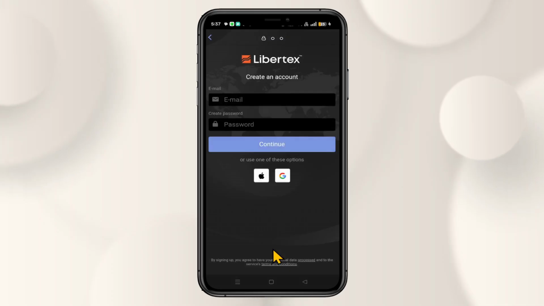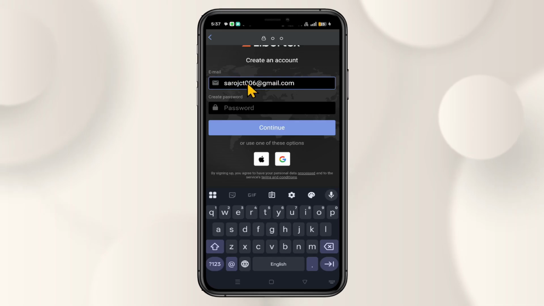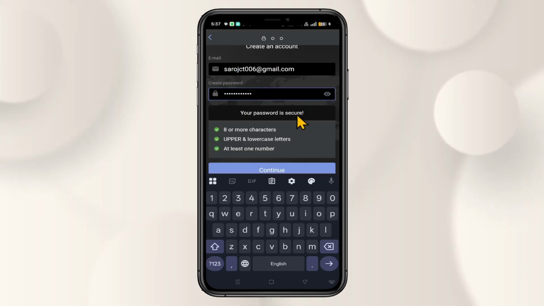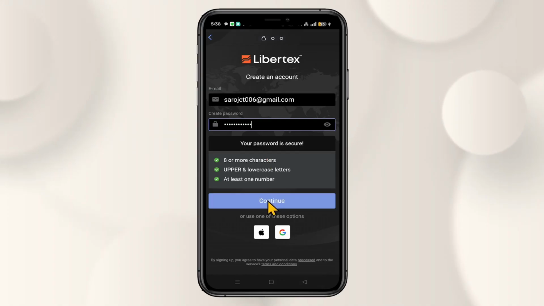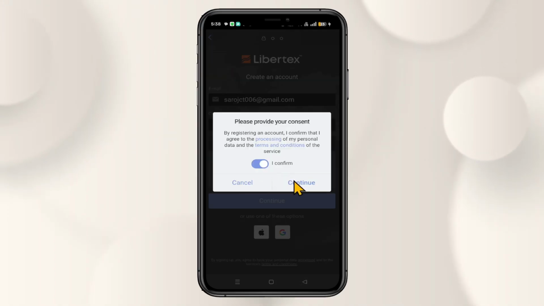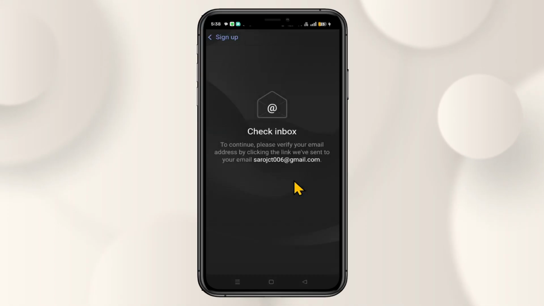Now you have three different options. You can use your email address as well as your Google or Apple account. Tap on the Google or Apple logo if you wish to proceed with these. Otherwise, enter your preferred email address within the email box. Then just type in the password that you wish to set for your account, and now you can tap on the continue button. Now agree with the terms and conditions and proceed forward, and you will then be told to